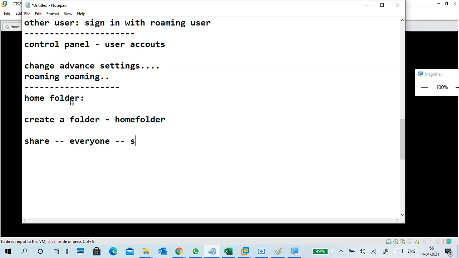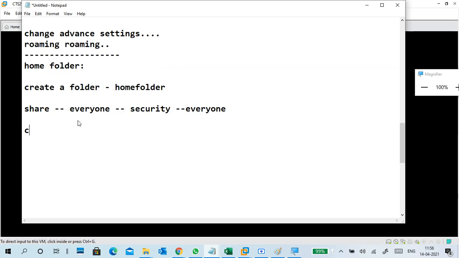Next, security. Currently everyone, because first you have to give open connection, then we go to the security connections. Share everyone, security also everyone, normal sharing only.